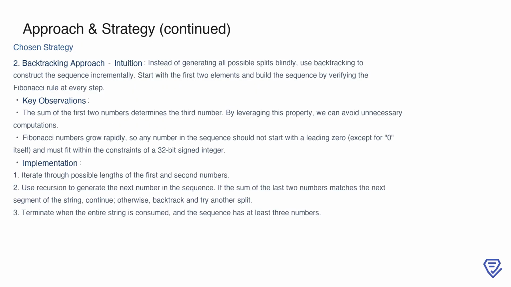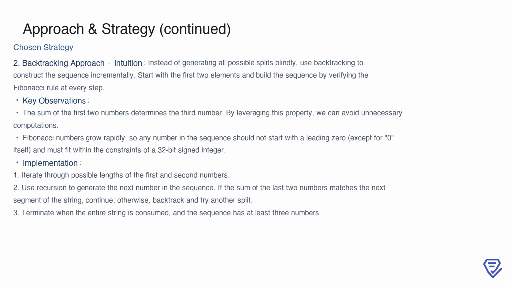Now, let's focus on the backtracking approach, which is the chosen strategy here. Instead of blindly generating all possible splits, this method incrementally constructs the sequence, ensuring it adheres to the Fibonacci rule at each step. The approach utilizes a few key observations to reduce unnecessary computations. For instance, the sum of the first two numbers in the sequence determines the third number, allowing us to avoid